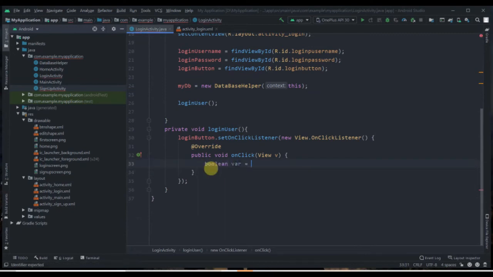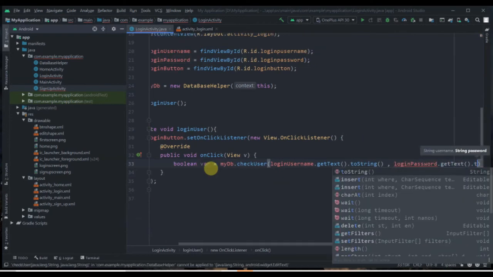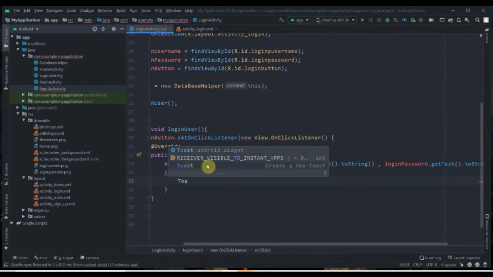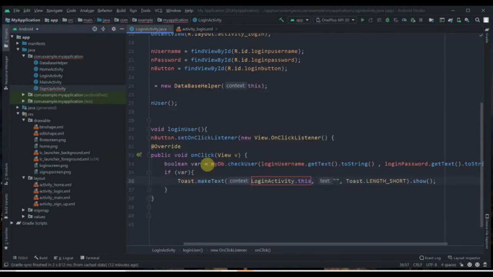So boolean var equals myDB.checkUser, and here we have to pass loginUsername.getText().toString(), and loginPassword.getText().toString(), and last semicolon, and we'll check if this variable is true, then we'll display one toast, login successfully,